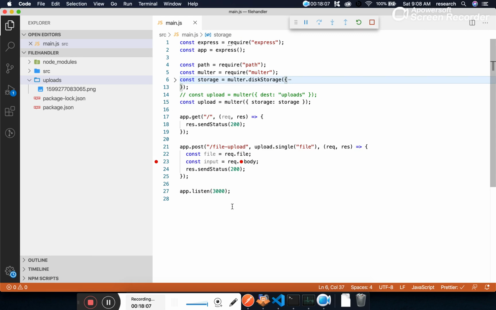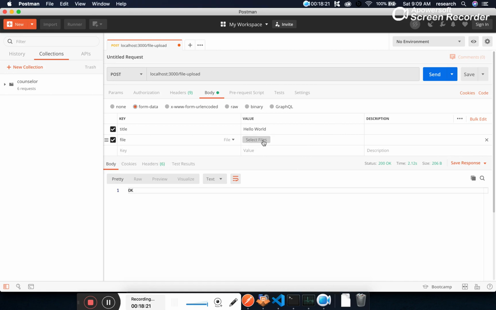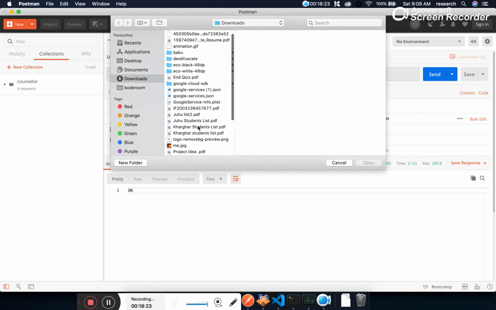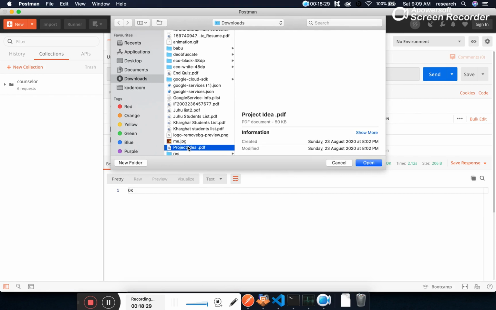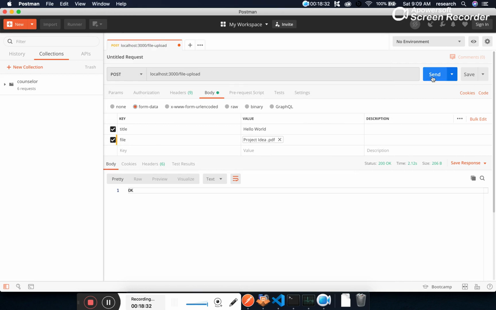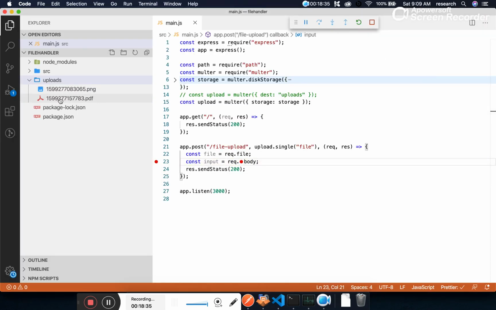Okay, now if I want to access this file, the image or the file has been uploaded. In the same way, we can upload either image, PDF, or any files. If you want to have a look, select files and we can upload any PDF file. Let's suppose project idea or some PDF files, and you can see that we are able to upload not only PNG and image files, we can upload any files actually. Now next, the file upload task has been done.